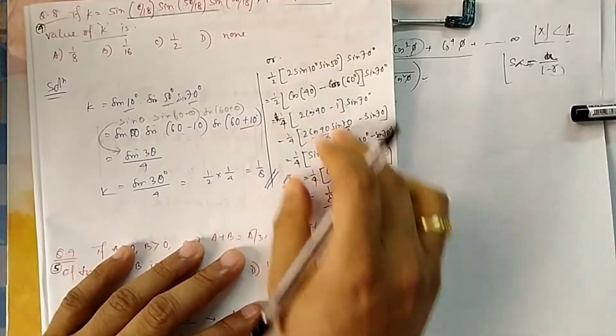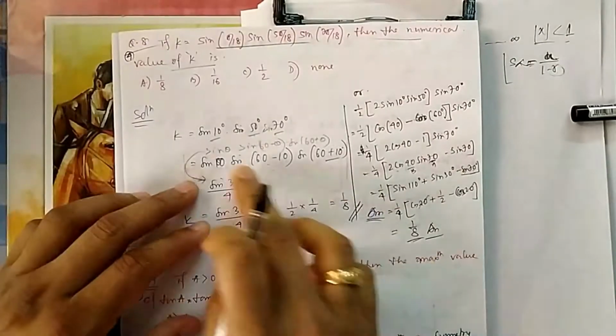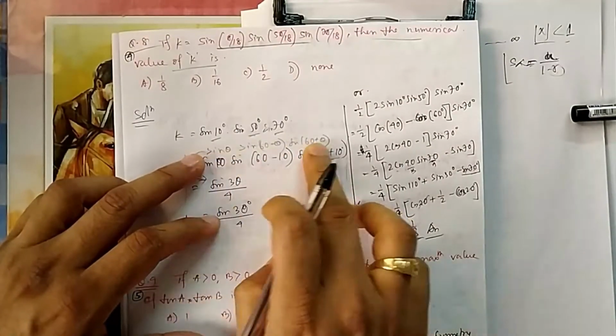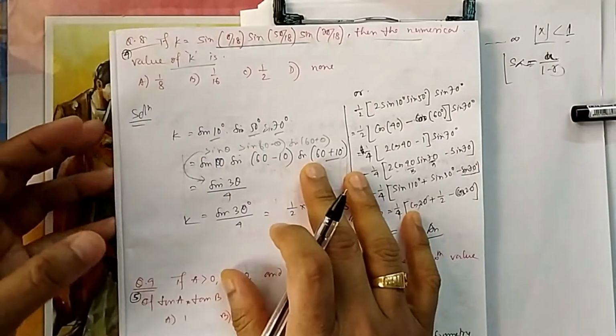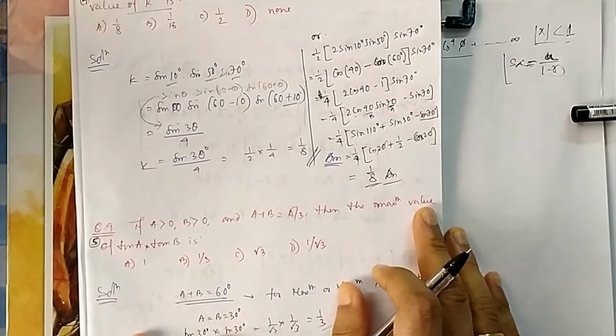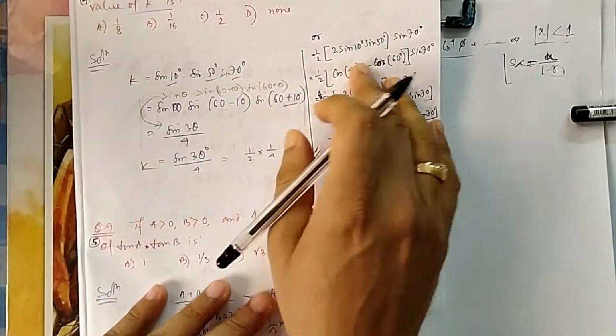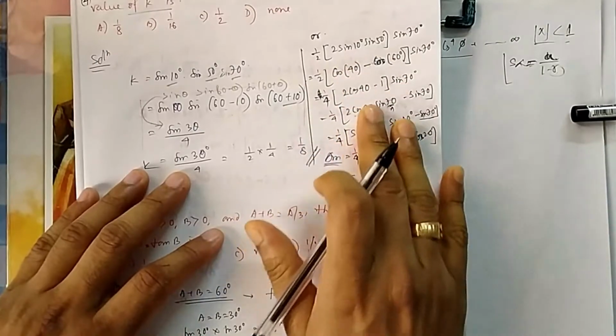So using this method also you can easily find it, but it will take one or two more steps. If you know this formula, then it's okay. But I strongly prefer not to remember so many formulas, because in the exam you will get confused. But you should know how to solve these questions. You can easily apply this formula; these are basic formulas you should know.